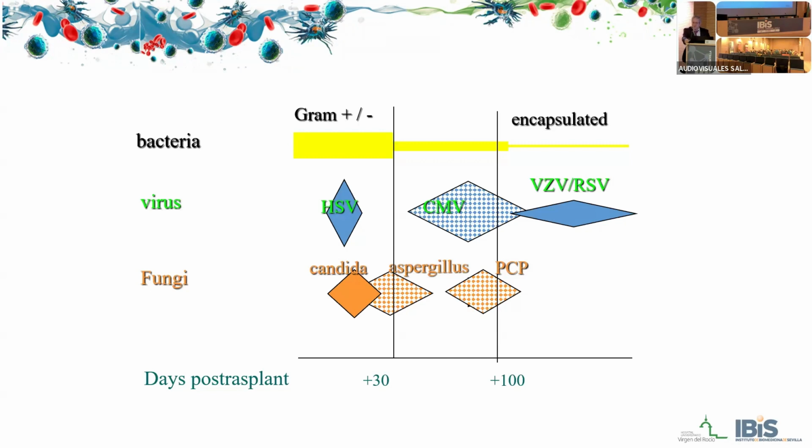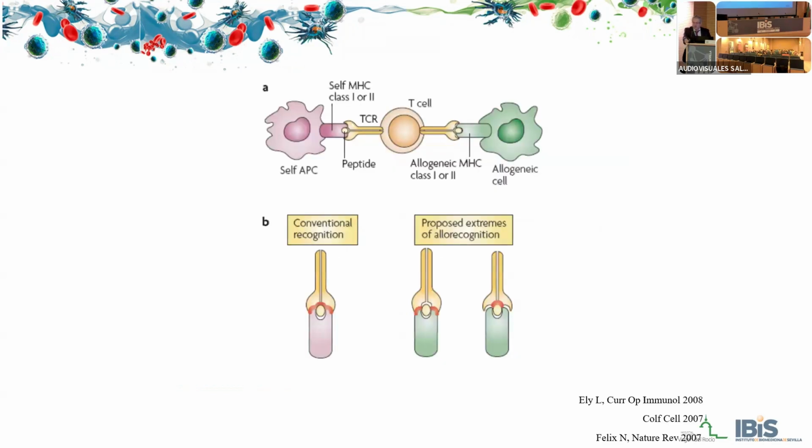be carefully monitored and prophylactically treated, particularly in those patients at a higher risk of developing infections, such as those who receive steroids because of the diagnosis of graft versus host disease, using, for example, posaconazole. Infections and other complications that we are going to discuss today are related to the failure or the malfunction of